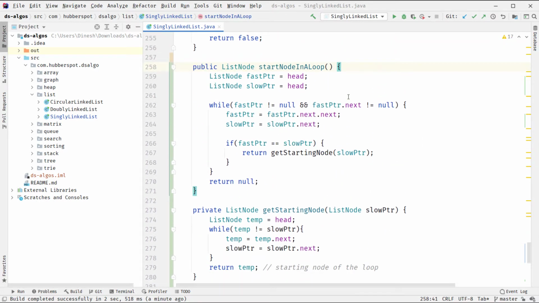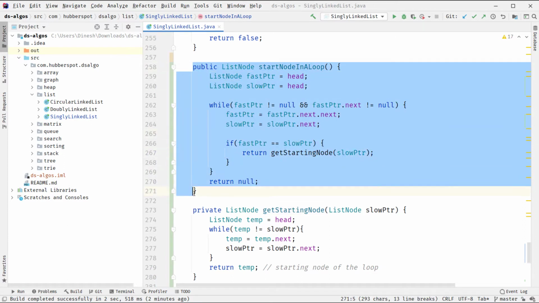So friends, here you can see that this algorithm of removing the loop from the singly linked list has two parts. One is to detect the loop and part 2 is to actually remove the loop. In our previous videos, we already discussed how we can detect a loop in a singly linked list using Floyd cycle detection algorithm, and we also saw the proof for that algorithm. So when the fast pointer meets the slow pointer, instead of going and finding the starting node, what we'll do is remove the loop. The first part of the algorithm is pretty much the same.